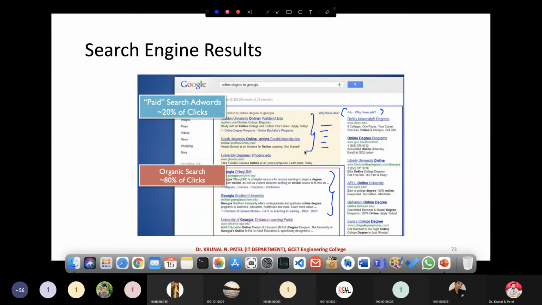These kinds of results are known as paid search, AdWords. Suppose I'm running a company or a blog, and I'm putting important information that can be useful to society, but not everyone is noticing it. How can I make an impact with my blog on society? For that, I go for these paid schemes.